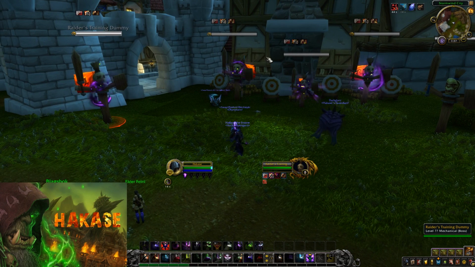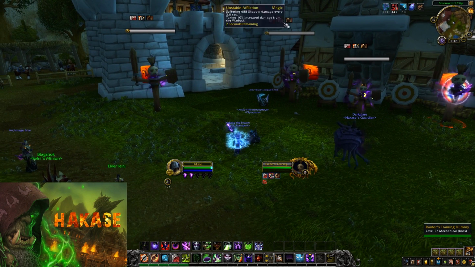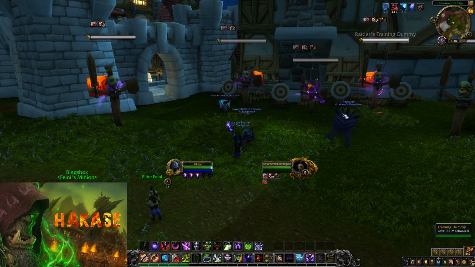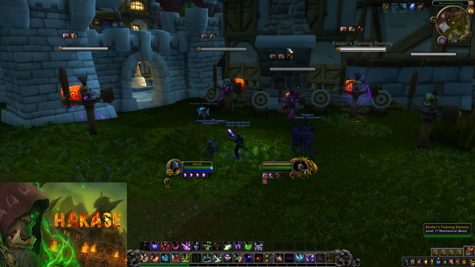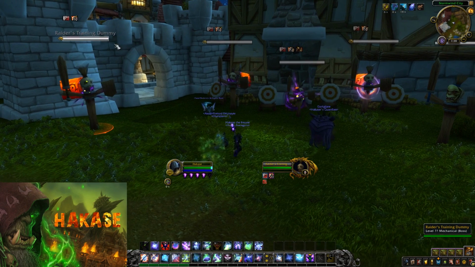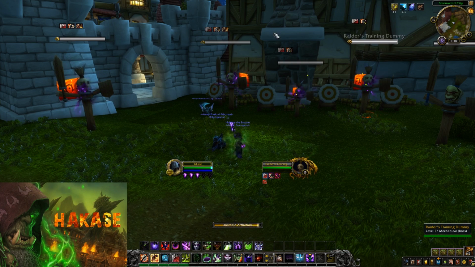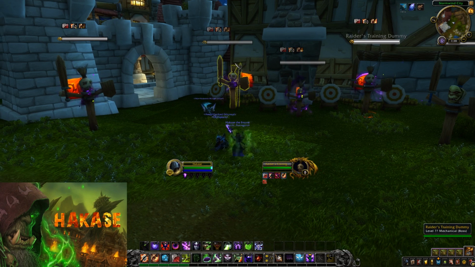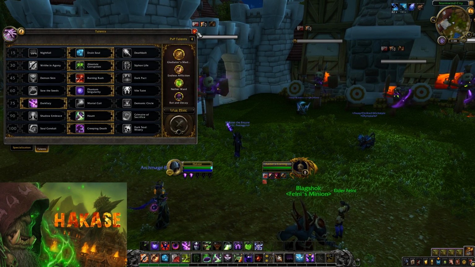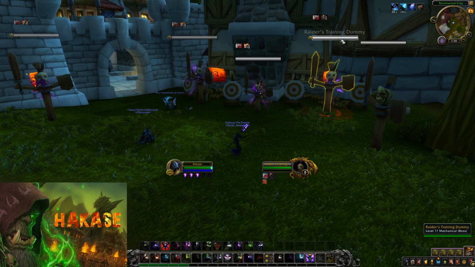Now, not only will I not have to worry about having my agonies drop off, but my Unstable Afflictions will buff damage to all of these adds at the same time. And that's also great because my Dark Glare will be hitting hard because I have a lot of dots out. And we can repeat that again. So for the same reason that you don't want to use 2 Unstable Afflictions at the same time on the target, unless you're running with like Deathbolt or something,